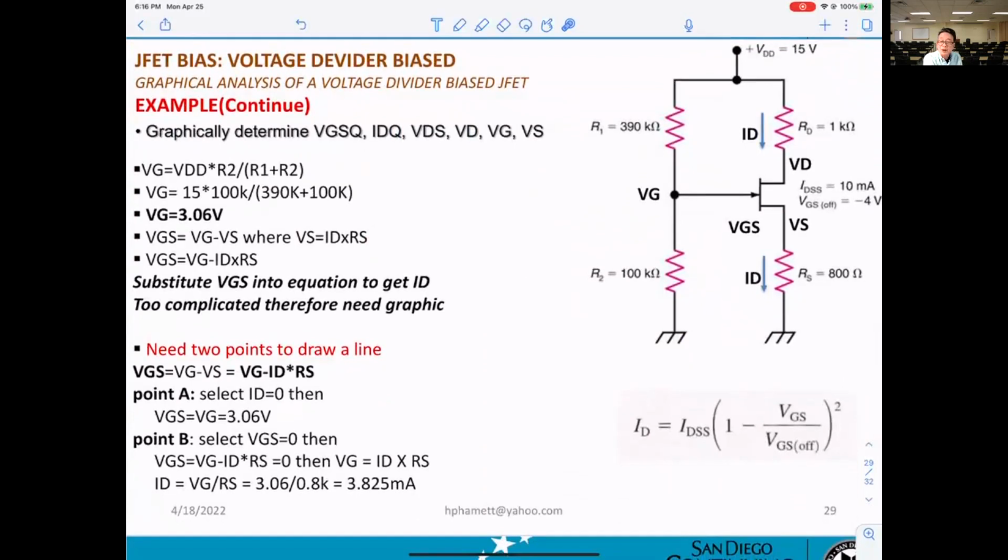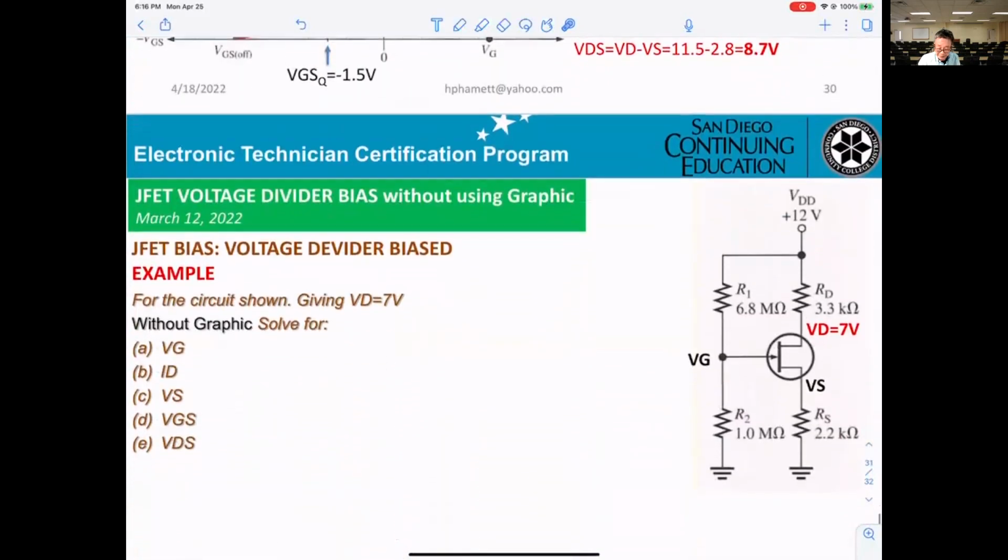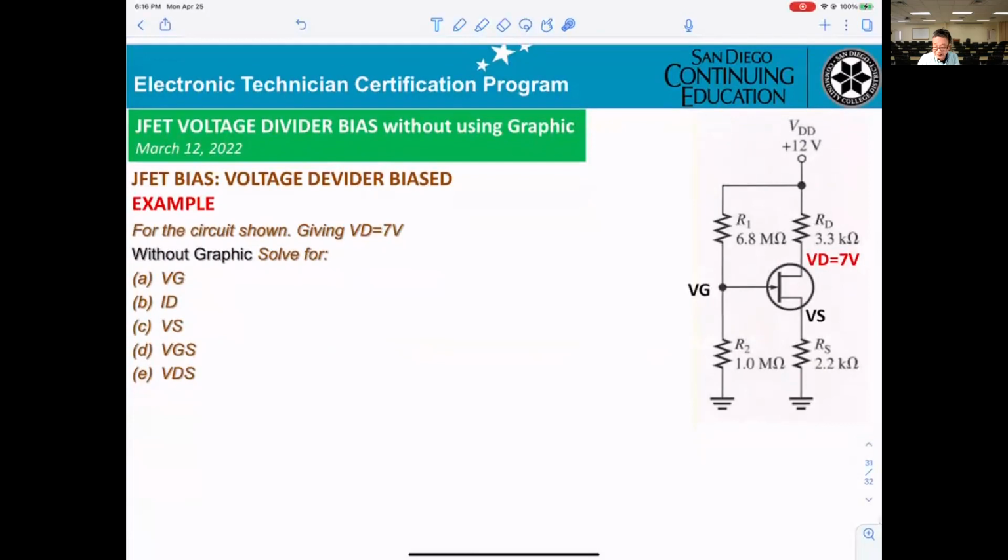Okay, normally for bias, they want to calculate the ID, you see that? But this equation is very, very difficult when you substitute in the values. No one wants to do it. That's why they come up with the graphic. Normally, you can see for voltage divider bias, they don't want the graphic. That's why they give you VD equal 7 volt. And they want to calculate